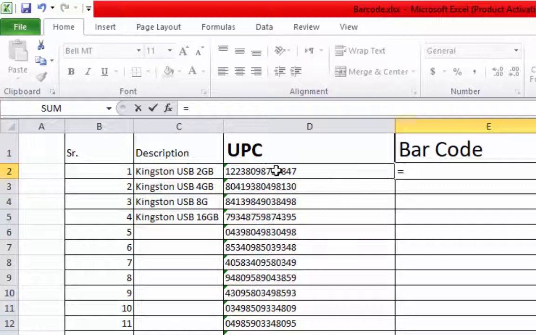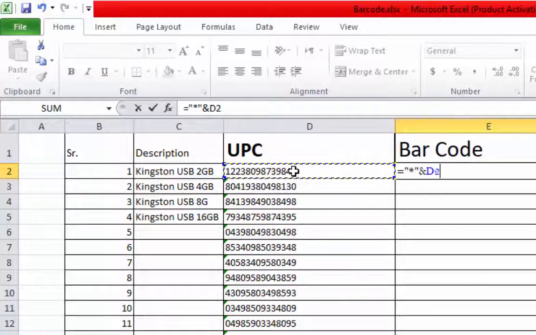Equal, inverted comma, star, then again star, inverted comma, and symbol,